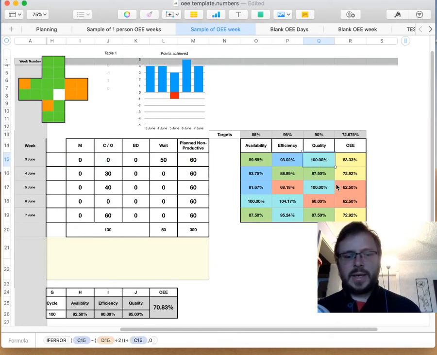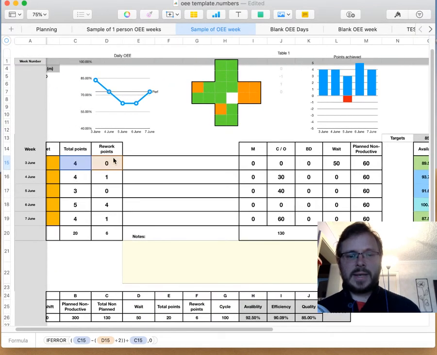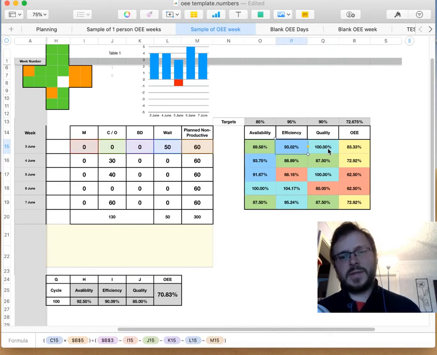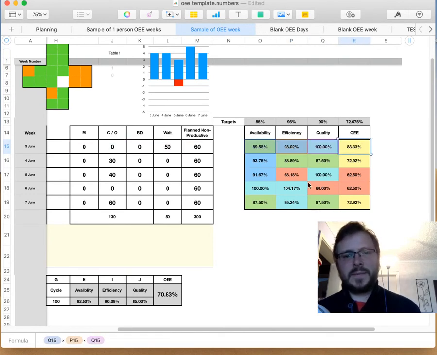And quality again is the points, taken away half the value of the rework points, and divided by the total points. So what was the quality of those, and then availability times efficiency times quality is your OEE. So here are our targets again across the top, and then whether we were meeting those or not. So 3 of those days we met our OEE target,